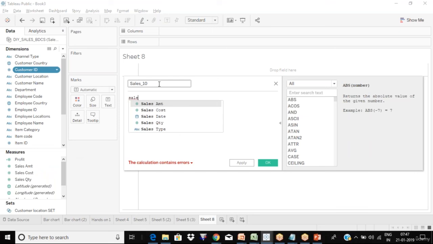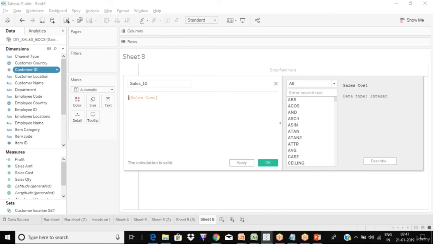So you will write a formula, right? You will do that calculation. So I want sales cost. Whenever you start typing, it will show up those columns. So sales cost, and the column automatically goes into the square brackets. Okay. Now 10% of it, star 0.10,